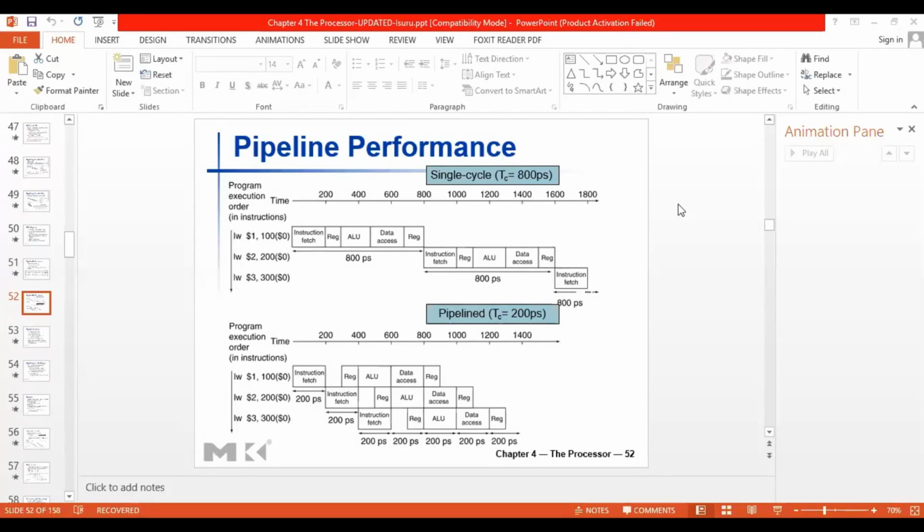So in the last class, we talked about the concept of pipelining in the CPU microarchitecture in order to exploit instruction level parallelism. That is to have multiple instructions being executed inside the CPU in parallel in various different stages in a staggered manner. So compared to our single cycle CPU,